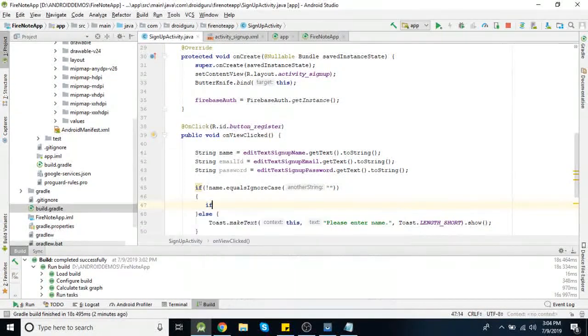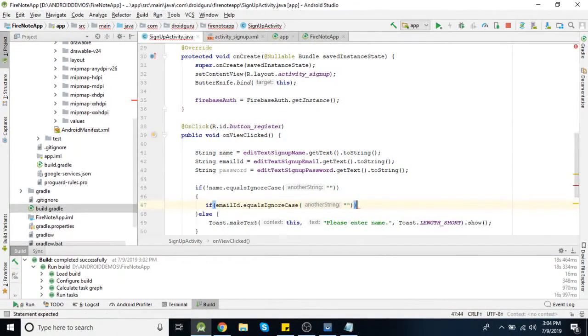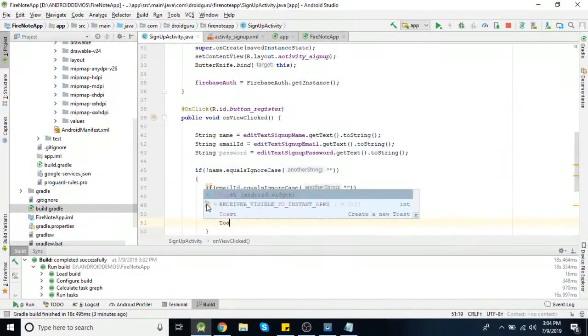So if email ID is empty, else, you need to display an error message for email ID.